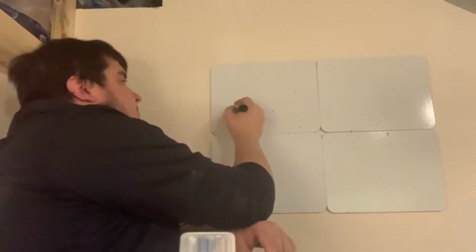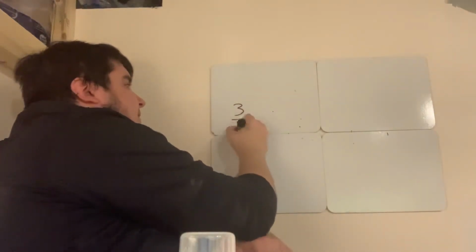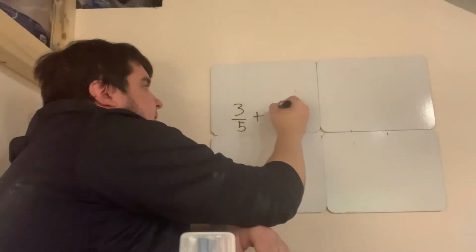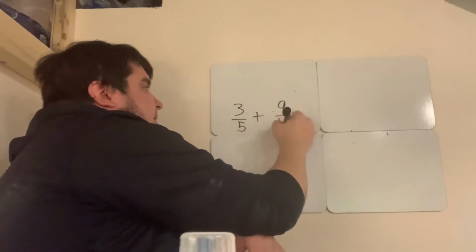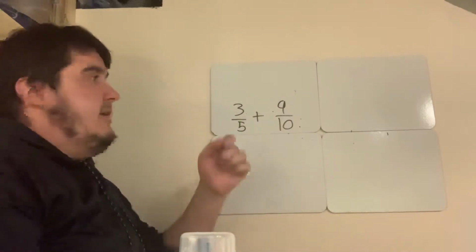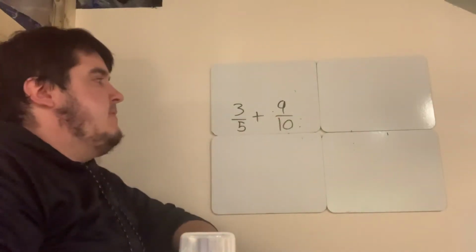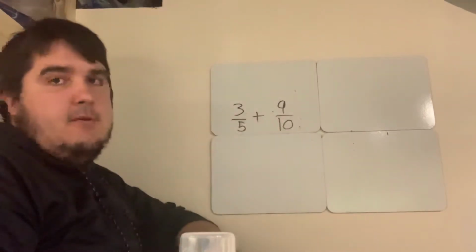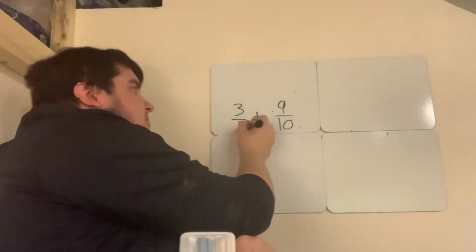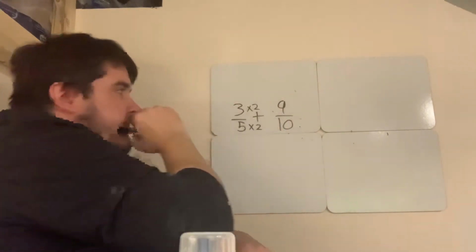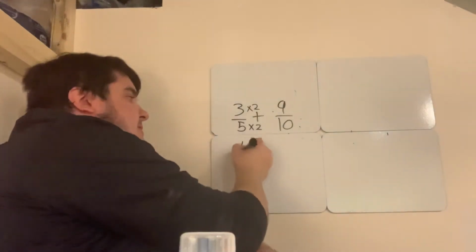So we'll do 3/5 plus 9/10. So for this one here, right, we need to make sure those denominators are the same, right? This one here, we can't reduce any lower, so we're going to have to bring this one up to become a 10. So we're going to times this by 2, and we're going to times this by 2 as well. So now we have 6/10